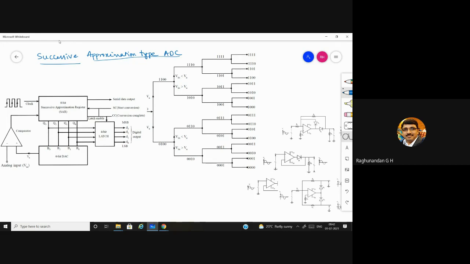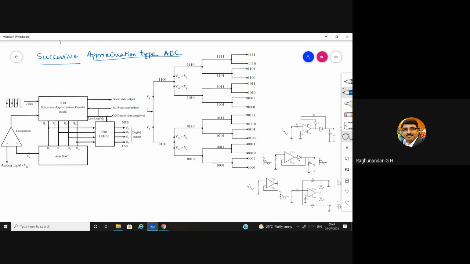Yes, as he told, it's correct. So latch doesn't have a clock signal. It is just going to have an enable signal. So you can see here, it is having enable input. So whenever this enable input is high, during that time, the latch will be turned on and it will start working. But whenever this enable signal is 0 or it is at lower level, that is disabled, during that time latch will also be disabled. So whatever the output it has given for the previous state, that only will be retained. It is not going to change the output.